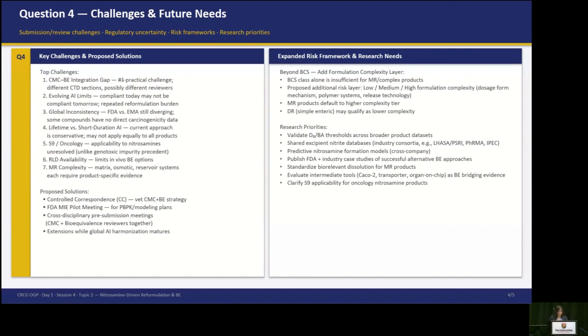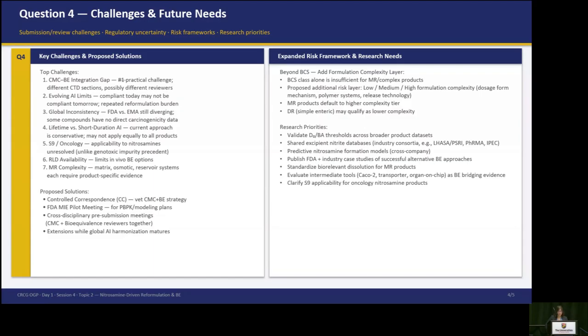We discussed that the CMC and the bioequivalence review need to be integrated among the multiple disciplines. And people also discussed that the harmonization among the different agencies is ongoing, which also poses a challenge to the industry, that they want to have a consistent guidance to follow. And another discussion around these challenges and the future needs,